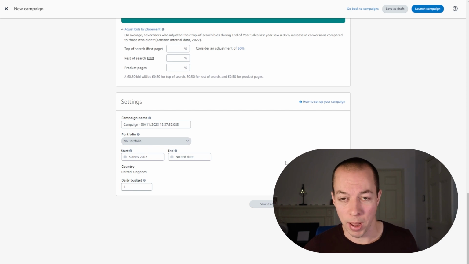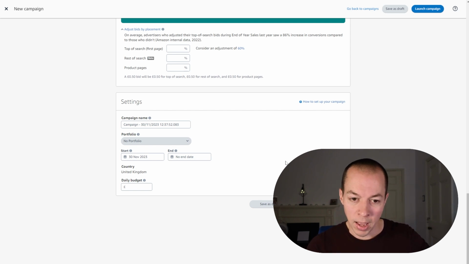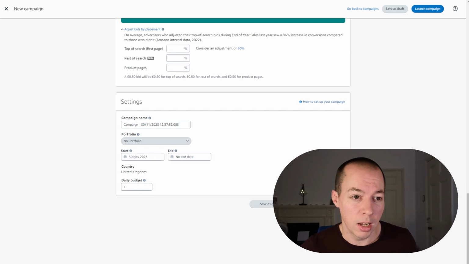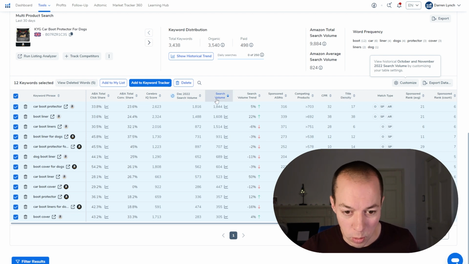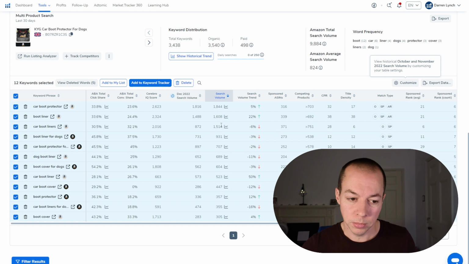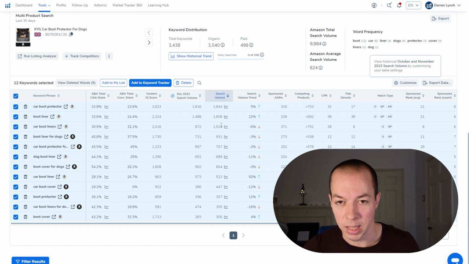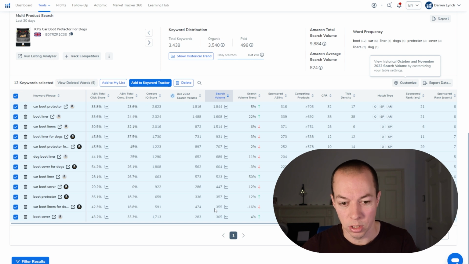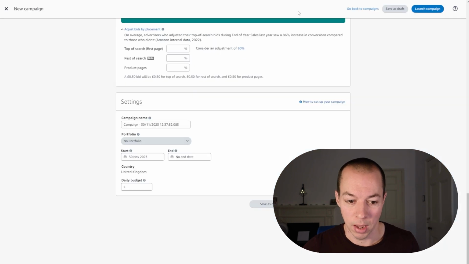So remember, I said £5 per sale. As you are going to be splitting your keywords into separate campaigns, you might want to do £8 or £9 over 3 different campaigns. That's maybe how you want to approach this. Or if, as we saw in the initial keyword research, we know these keywords here are doing a much higher search volume, if I've got £25 to spread over these keywords, I might put these 3 into a campaign with £10, and then these ones £7.50 each or something like that. So you can play about with splitting the budgets across the campaigns based on how much search volume is within each of those campaigns. And then once that's done, just come down and choose launch campaigns,